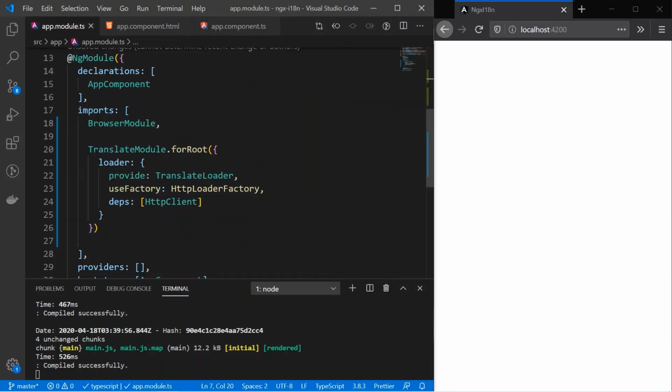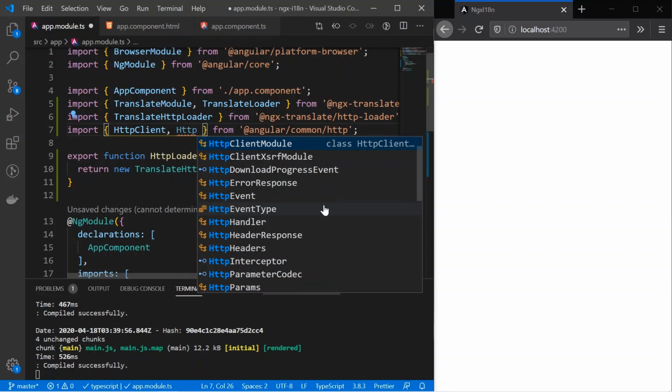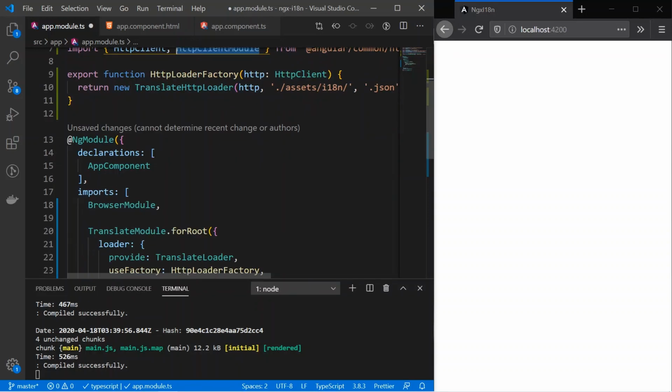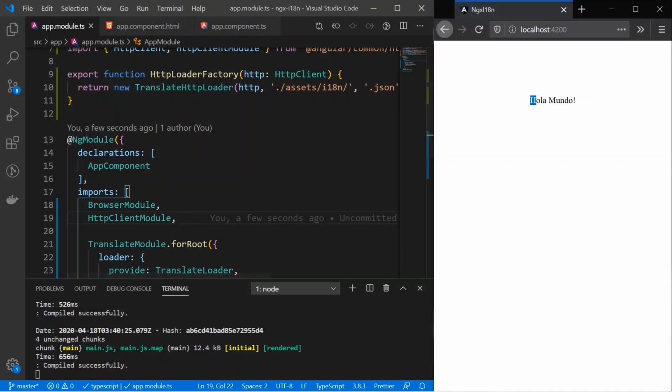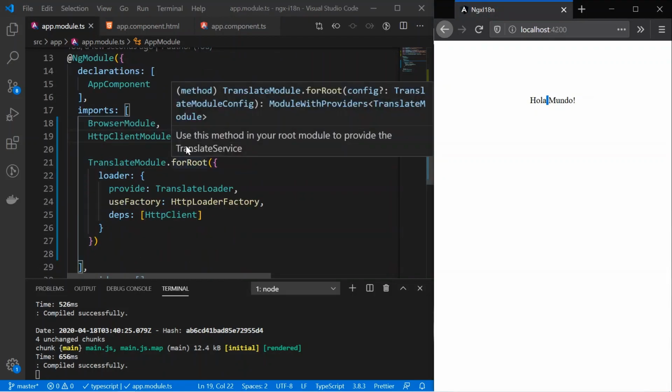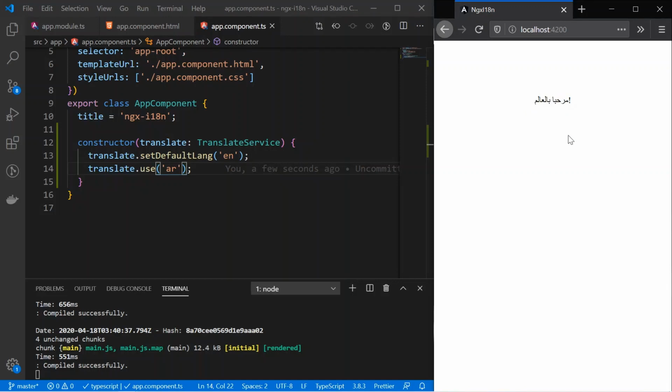I think we have missed the HttpClientModule that we also have to add here, since we are using HTTP loader. Okay, so we'll add that, and yeah, see here the locale is changed. Okay, so we can see other languages as well. So you see the language is changed.